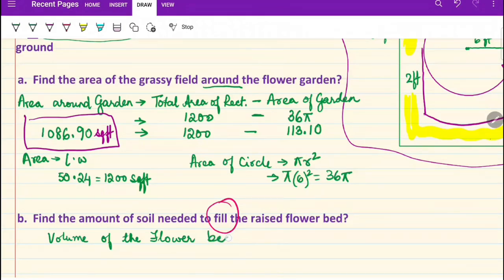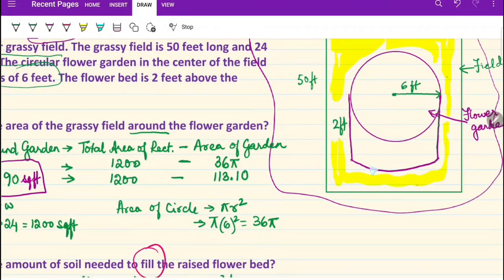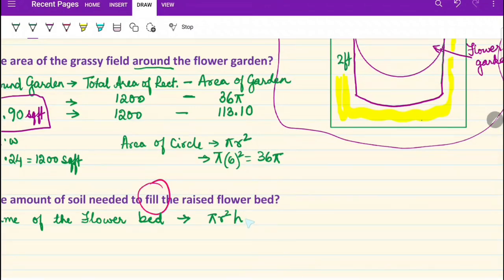And because the flower bed is cylindrical in shape, the formula to find the volume is pi r squared h, where h is the height of the cylindrical flower bed. All right, so we have to factor in the third dimension here, which is the height. And once we know what the formula is of the particular shape that we are filling in, then just plug in the values. All right, so the volume would be